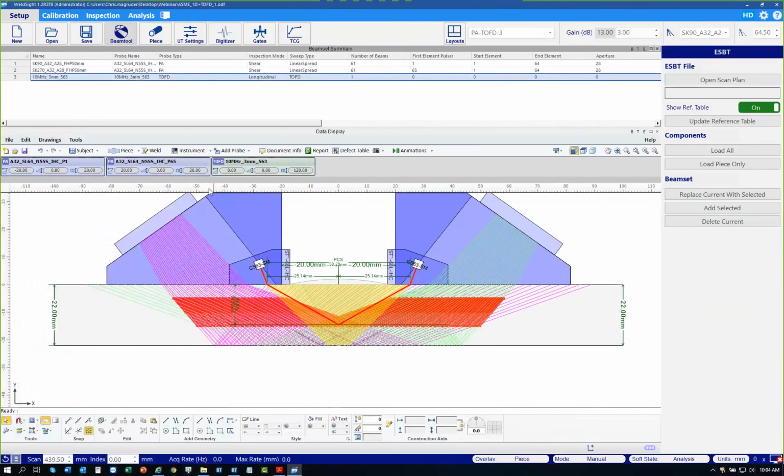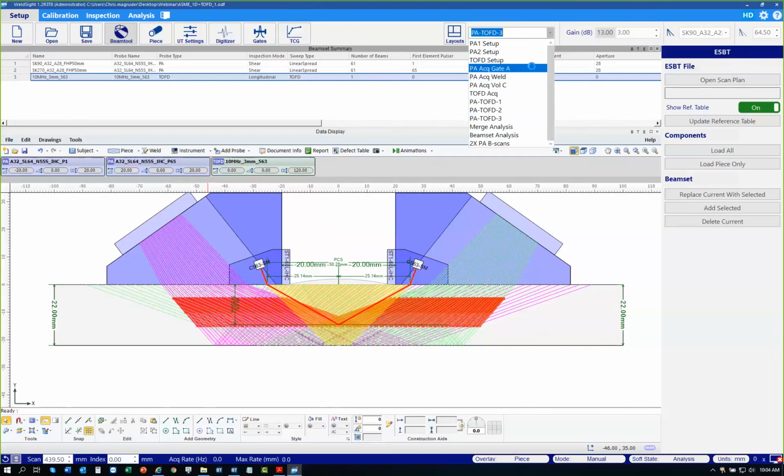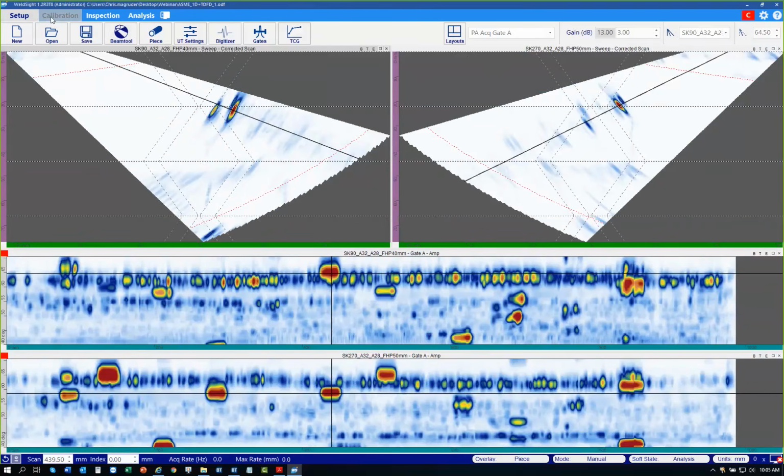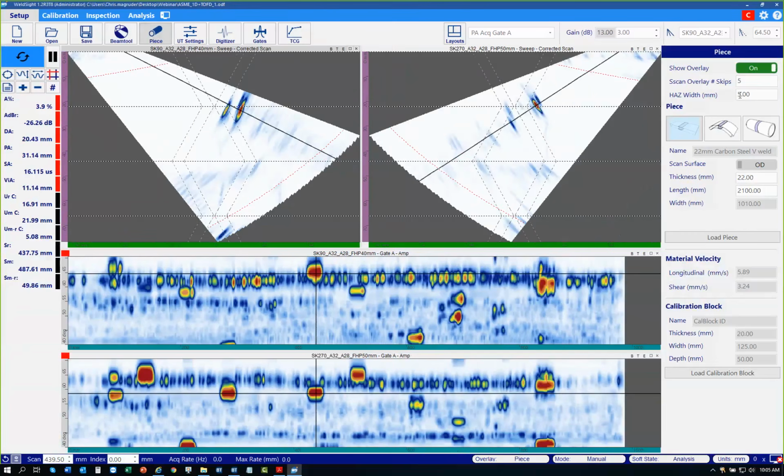An overview of the UI we'll start with, and it's divided into setup, calibration, inspection, and analysis for the workflow. And in the analysis, we won't be connected to an instrument, so there's no indicator that we're connected here. And all of the live functions, such as parts of the UT settings and the calibration functions, are not accessible for offline analysis. The piece is either created from the beam tool in a Focus PX acquisition, or it comes